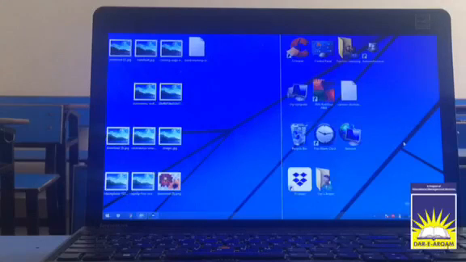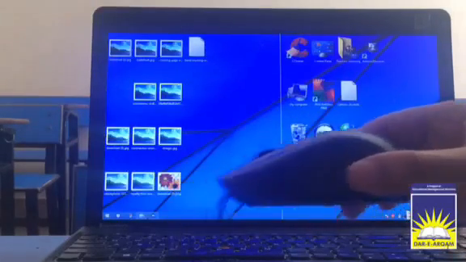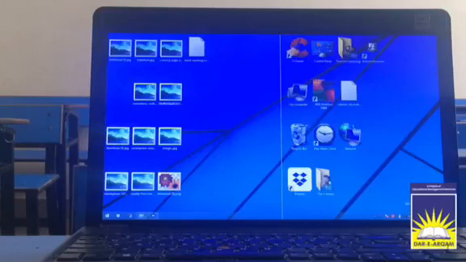You can perform any operation on Windows, such as saving, opening or deleting any file, with the help of a mouse. This is the mouse. In this chapter you will learn more about Windows 7. So let's start with desktop.